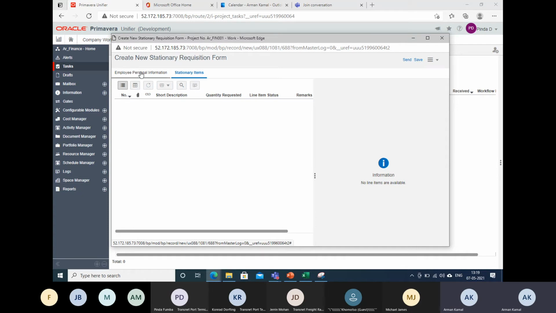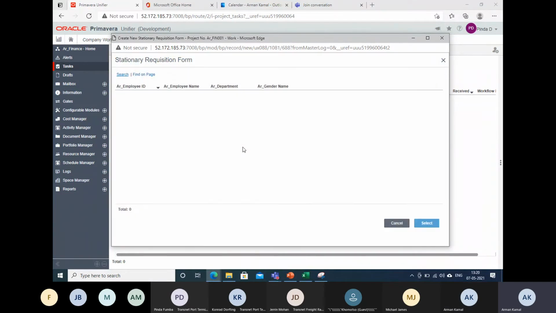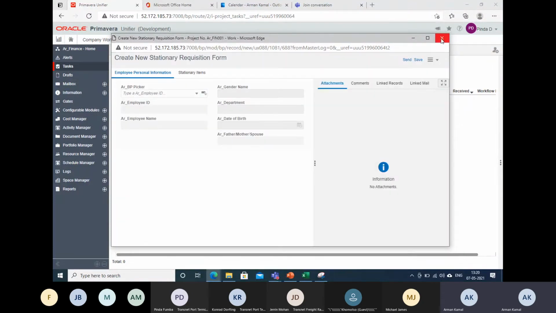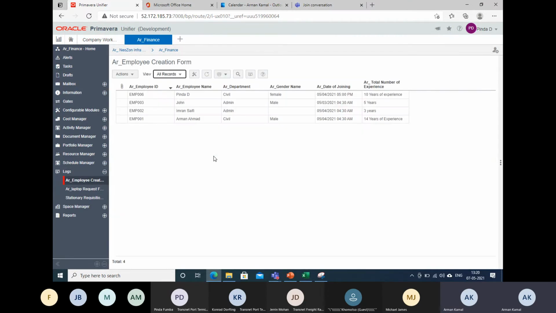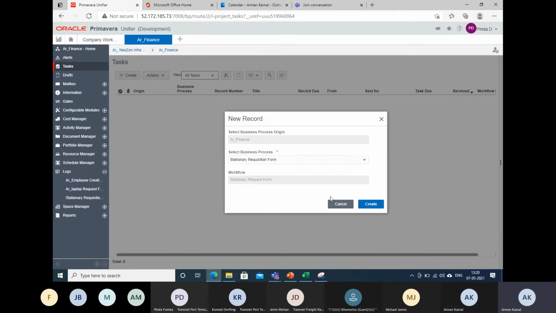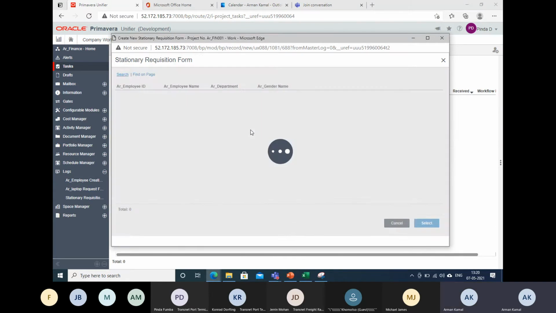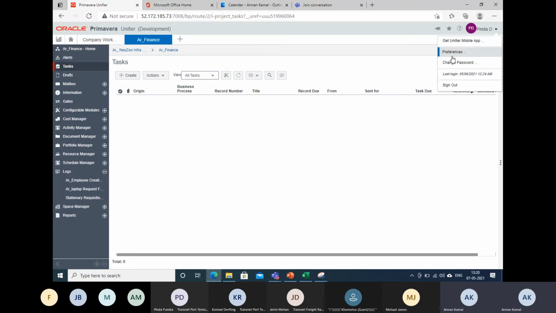Okay, so what I will do, I will simply select, I think there is no employee for Pinda created here, or I don't have it. Let me create an employee. Is there any record created? Oh, it is there. Why am I not able to see that? It is strange. I need to create this stationery employee form. I think it is not searching on the form. That means some error is there. Let me fix that error. So how to do that?